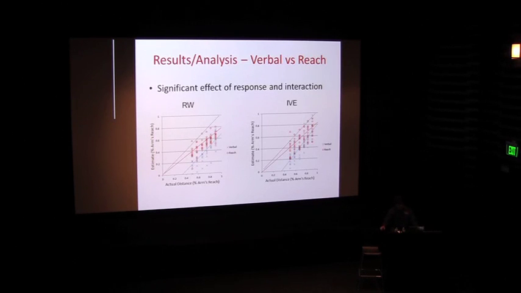Then we also did an analysis looking at the differences between the response variables. What we found that was interesting was that the magnitude of the differences between the intercepts of the two linear regression profiles, of the physical reach as well as the verbal reports, in both the IVE viewing as well as the real-world viewing, were very similar. And those were the key results that we found. So there's underestimation in both real-world and virtual world conditions, with more underestimation and higher variance of responses in the verbal reports as compared to physical reaches.